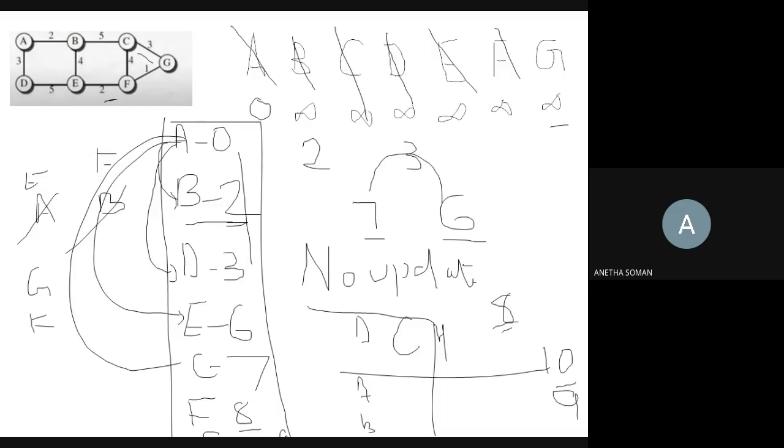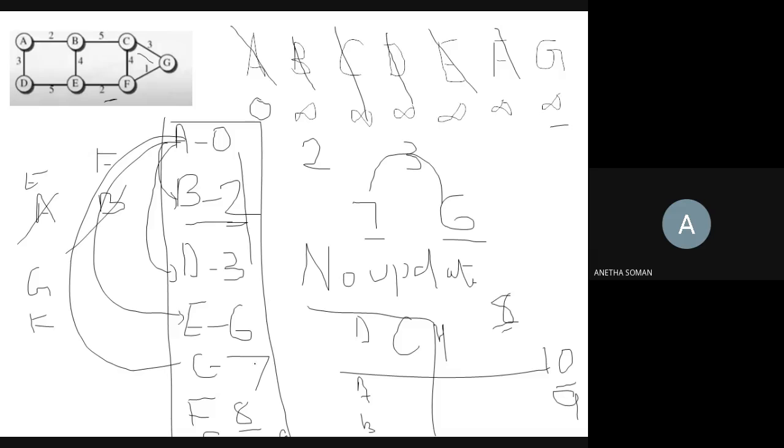Now updation happens when you are getting a value which is shorter than the previous one. If you already have a neighbor like C in the table, if the value is lesser, you have to consider that. If the value is greater, you don't have to do anything. Okay. Now, similarly, you have to proceed for all the nodes.